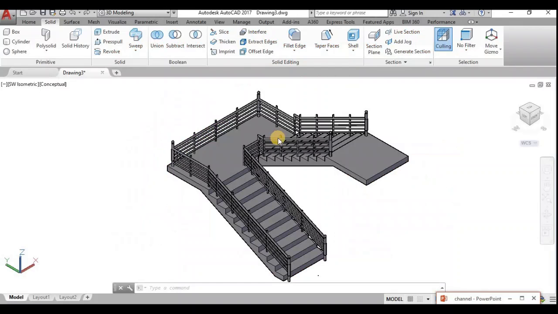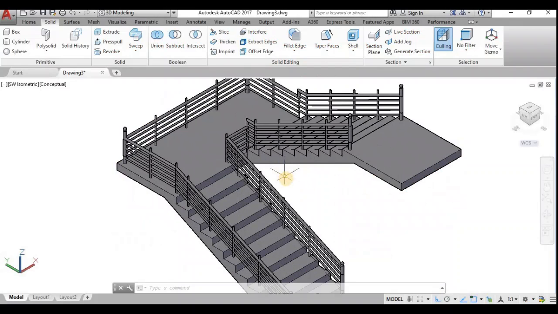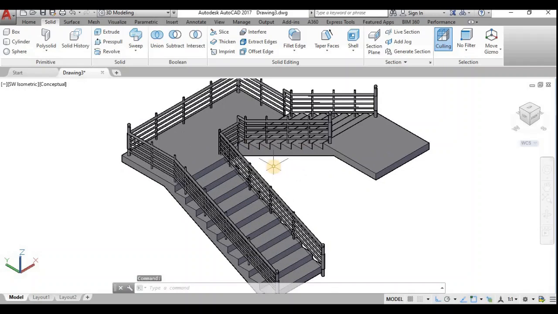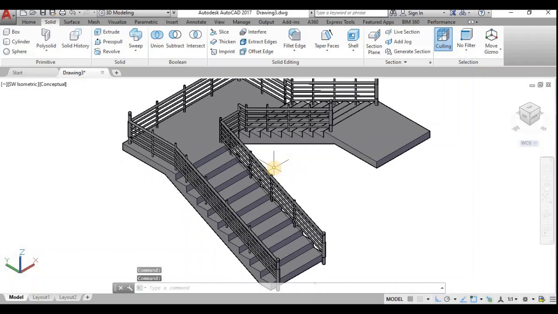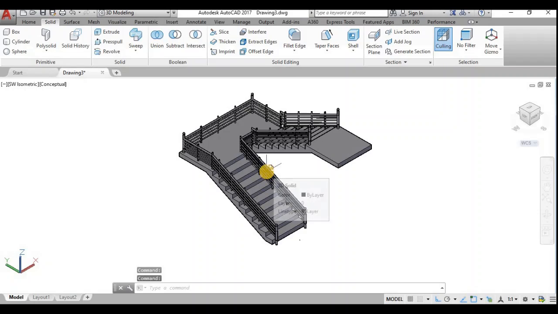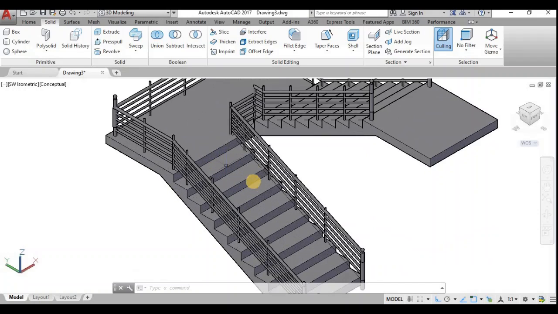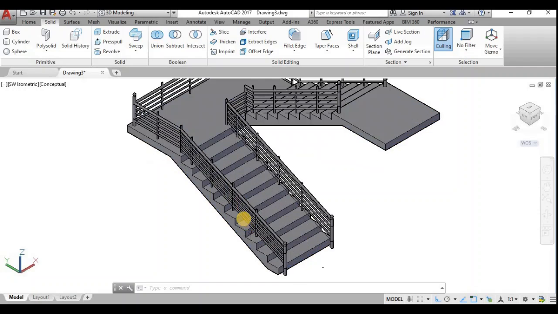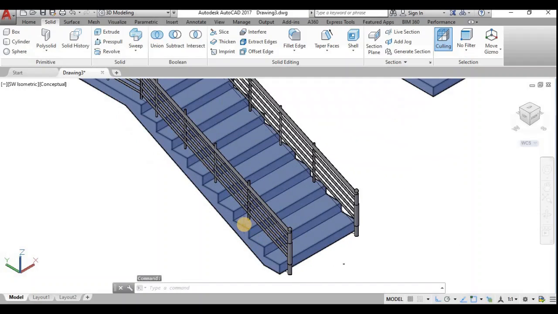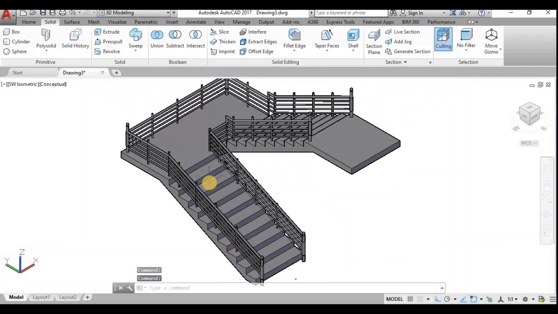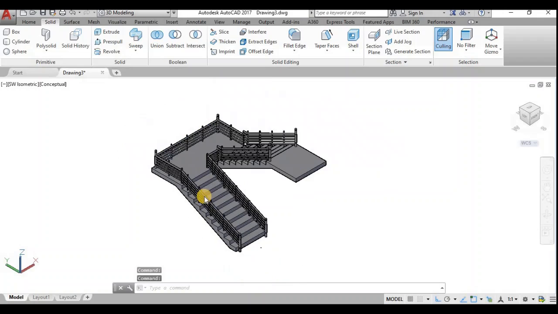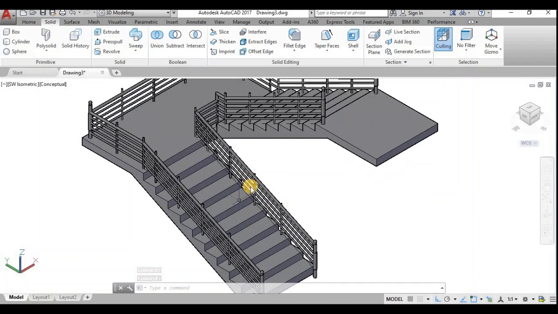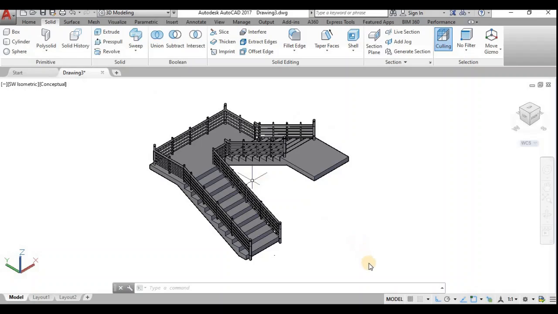Now I have taken this AutoCAD, in which I have already modeled this staircase. So how can we choose this and give the material properties? Before giving the material properties, we union the objects which are of the same material. Here this stair is already unioned. It is a single object, and the remaining objects should be unioned so that we can take a single object. So I shall union it.